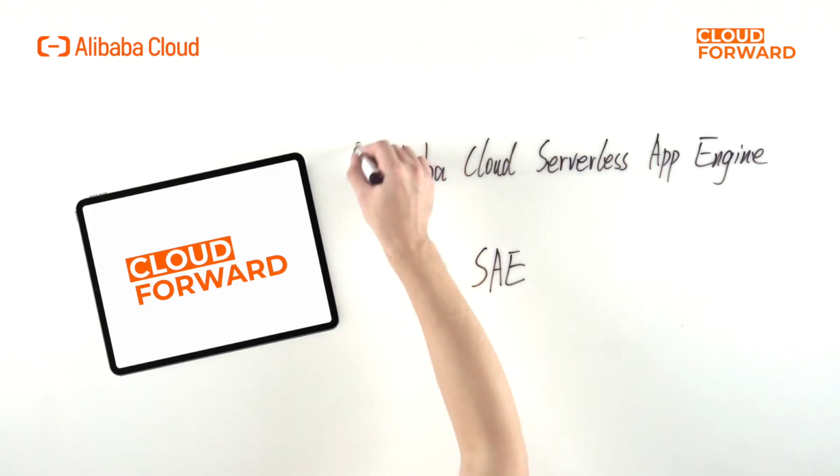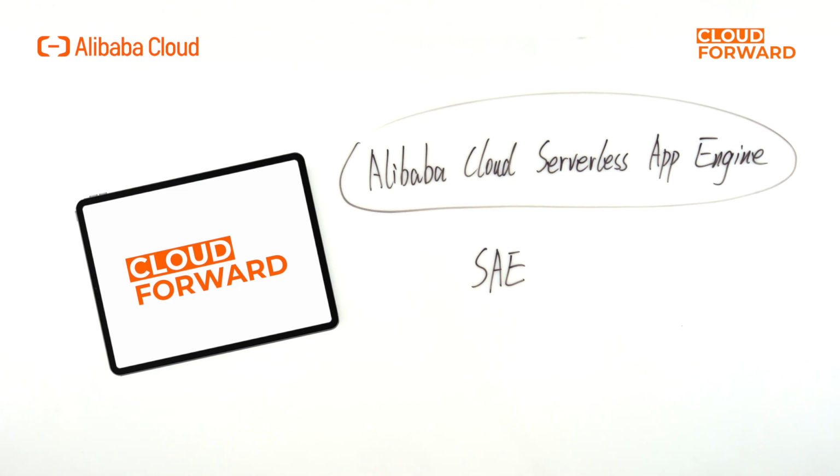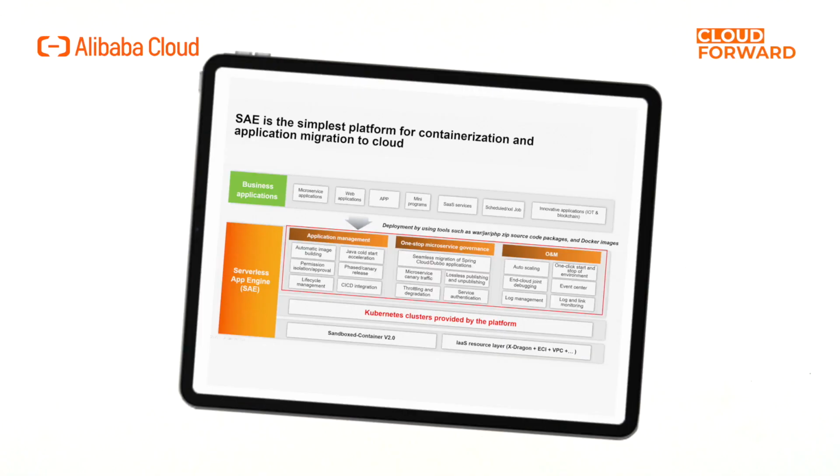Let's take a look at Alibaba Cloud's Serverless App Engine, SAE, which is the industry's first serverless PaaS platform for applications. SAE provides computing resources, elasticity, and isolation capabilities from the resource level, allowing users to focus only on their applications. At the application level, SAE provides monitoring, logging, microservices governance, and other capabilities to help users address application observability